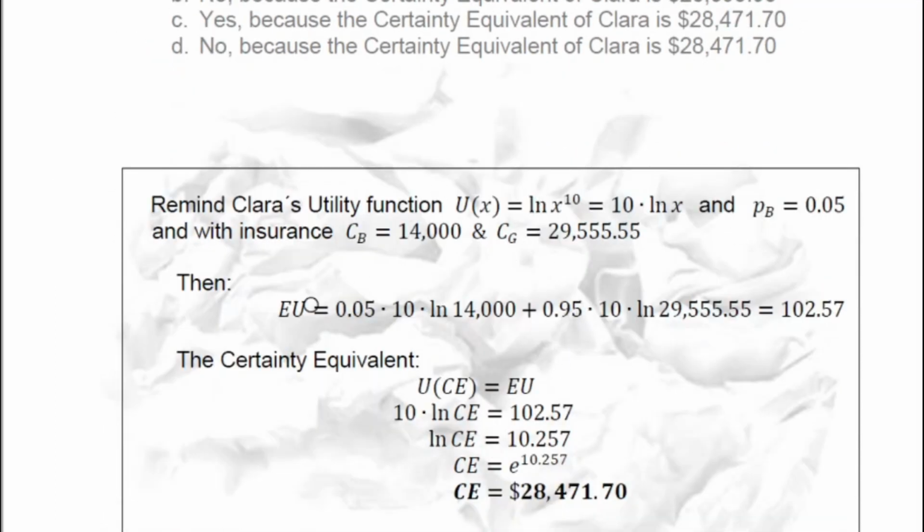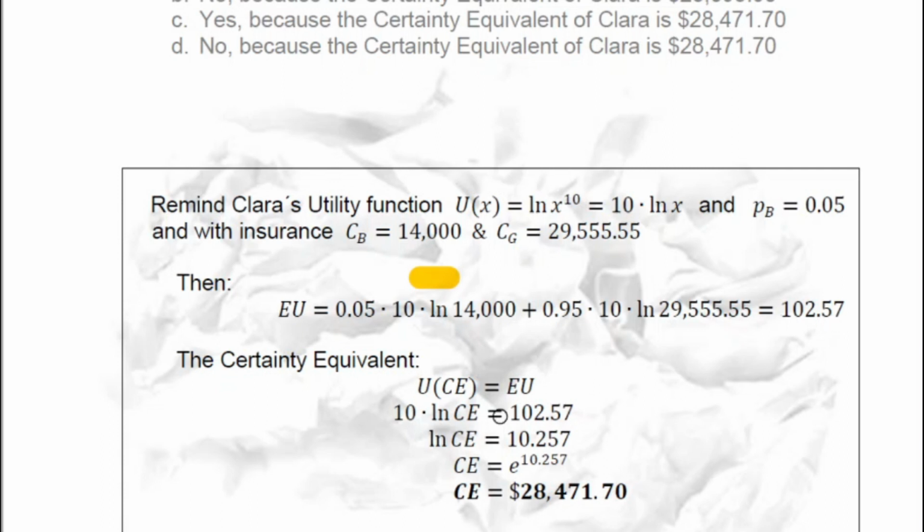These were the data, and the expected utility is 0.05 times the utility if the bad scenario happens, and the utility with the bad scenario but with the insurance was $14,000. And with the good scenario it was 29,000 blah blah blah dollars. So if we calculate this, we have